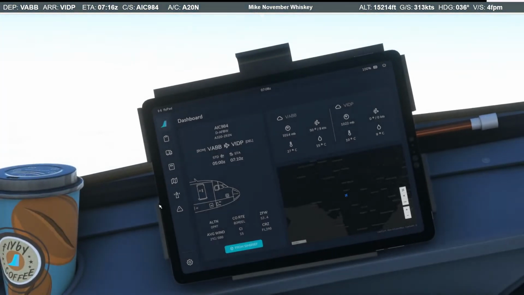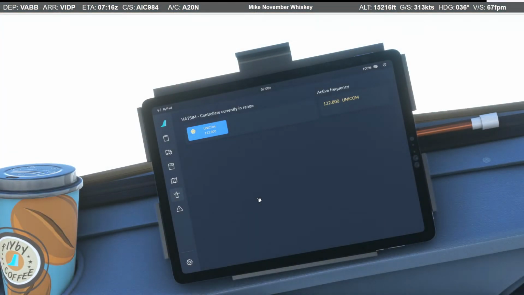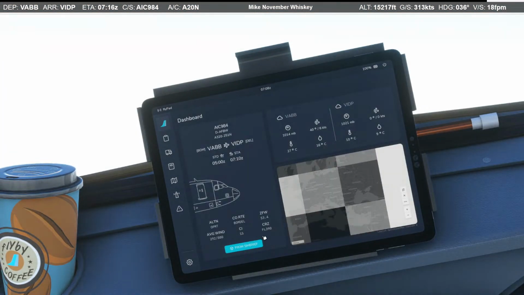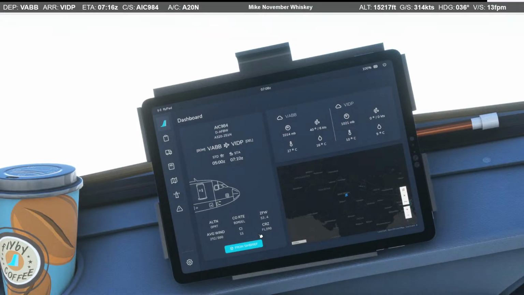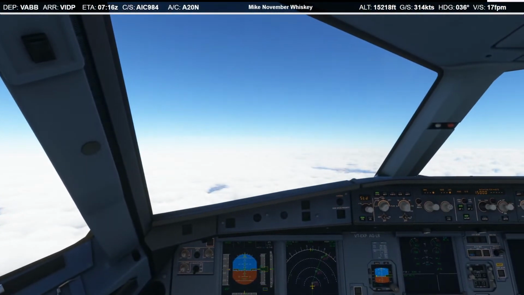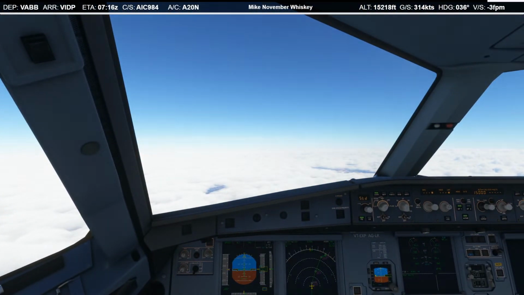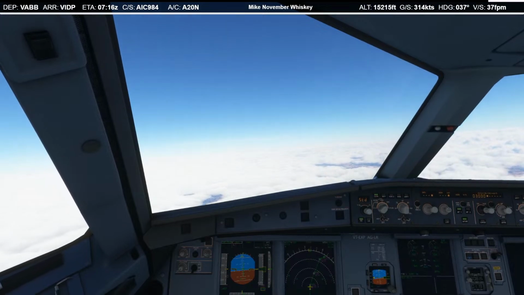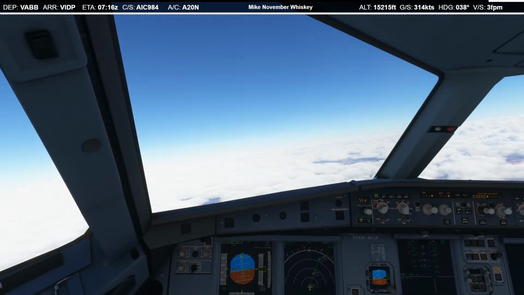Are we in range of the radios? Not yet. But the QNH has changed, 1021. Let's give this a shot. We'll go down to 3,000. We'll do managed descent. And it's a magenta altitude.